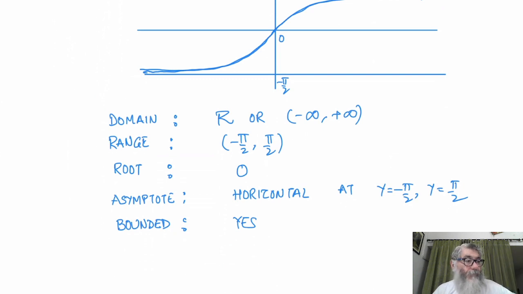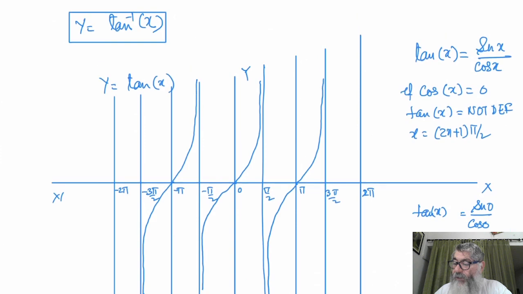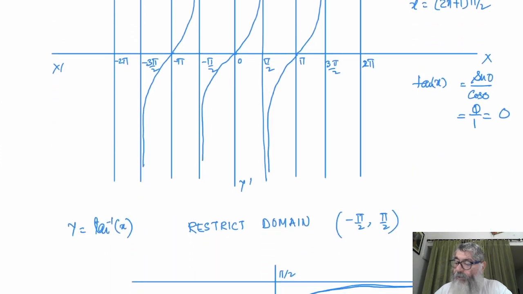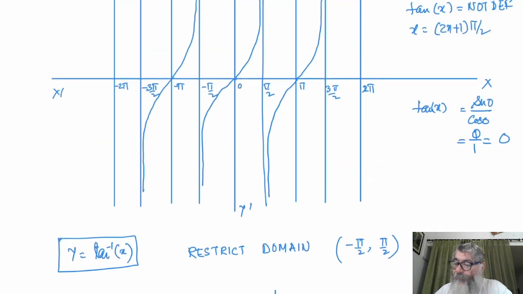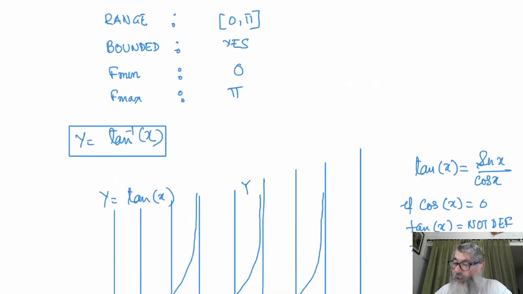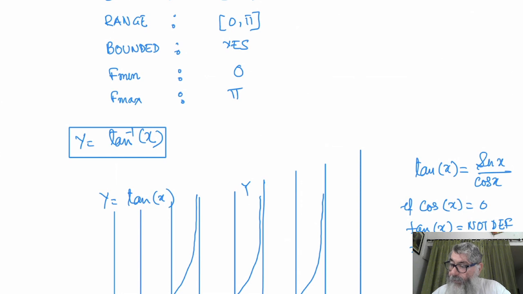So we are taking the help of the original functions, and from them we are drawing the corresponding inverse function. For drawing the function of tan inverse x, I took the help of y is equal to tan x. Let's write y is equal to tan x, otherwise you may get confused that I'm writing something wrong. It is written here, but even then I'll write it. It is tan x here.